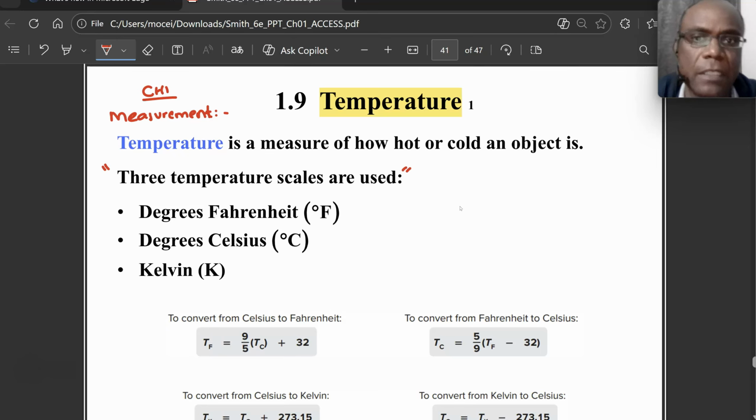Let's say you're going to be in nursing school. You should know which thermometer you're working with. You might be using a Fahrenheit thermometer, and it's going to read high numbers and you think that someone is dying, yet you are used to just using a Celsius one, which will give you lower values. Or you mistakenly use a Celsius thermometer, yet you're used to the Fahrenheit, and you see the numbers are so low, you think, oh, this guy is freezing. So it's very important to know